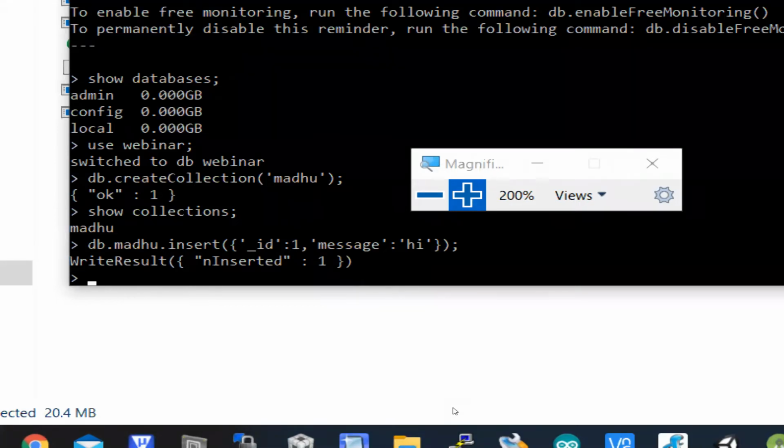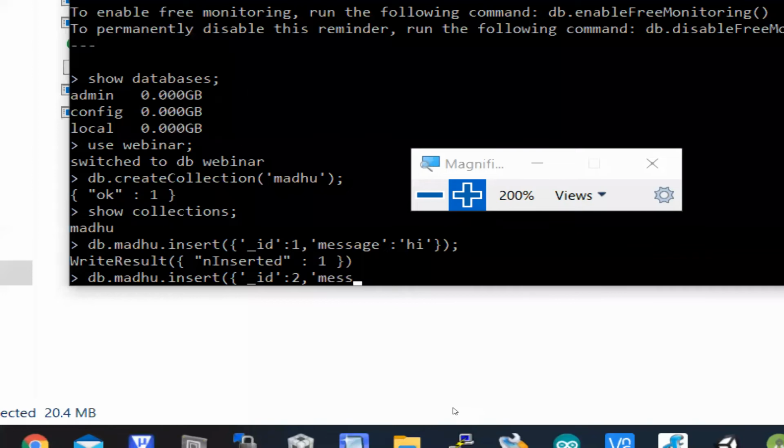Let's insert two or three more documents here. db.madhu.insert of underscore id. Now you need to enter a different unique ID. As we entered ID 1 in the previous document, we have to change our primary key value. If the primary key is not changed, you'll get an error saying this ID already exists.